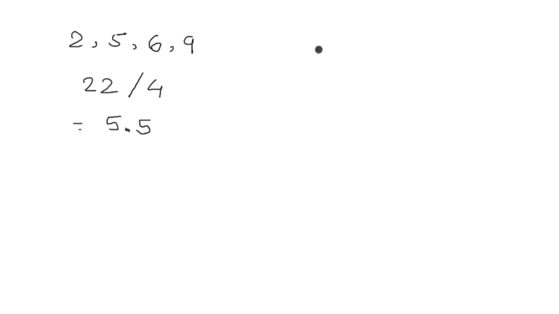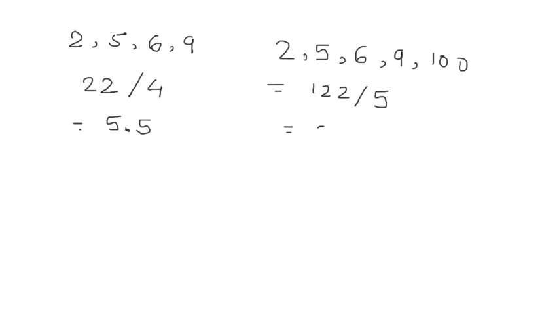Let's have another example. Suppose I have data like 2, 5, 6, 9 and 100. So the sum of these observations is 122, divided by the total number of observations, which is 5, and here is the answer, that is 24.4. If you notice that